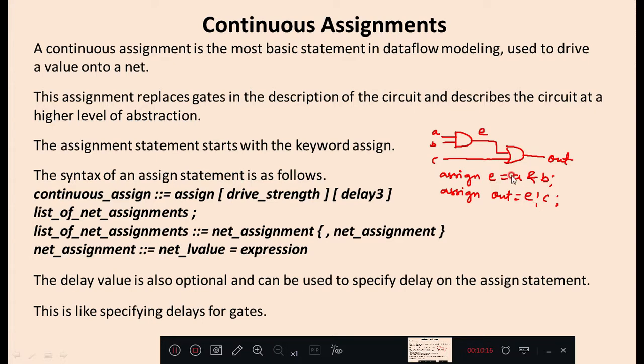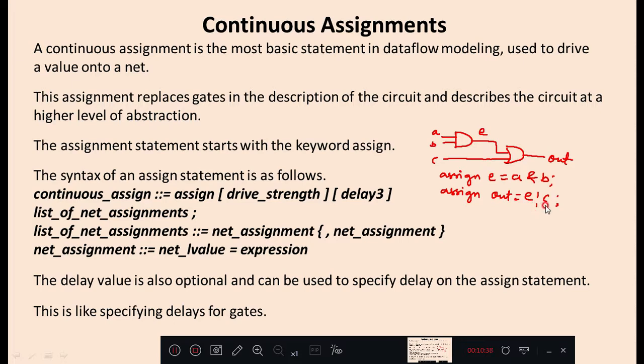Similarly, the second assignment statement in the above example, E or C, again here E and C are wire type. The output of this expression is an OR operation between E and C, and the computed expression value is assigned to a net.